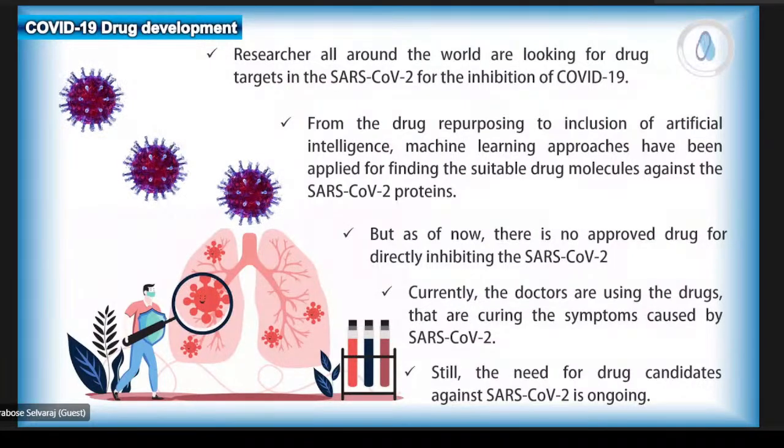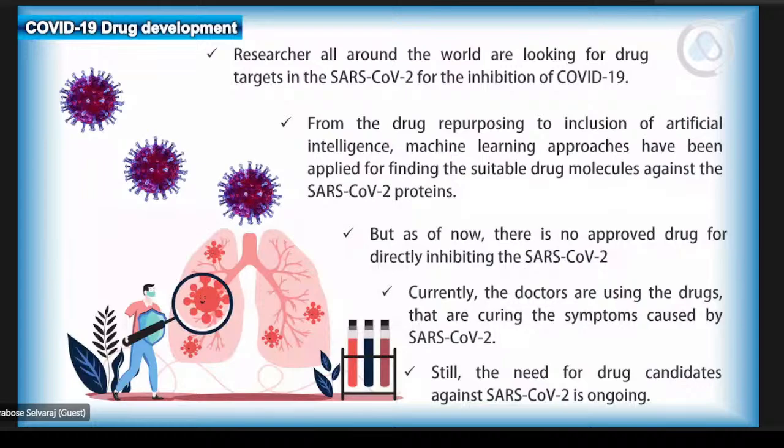Now we are thinking about COVID-19 drug development. People around the world, all the researchers from small research institutes to big research institutions, and funders, everybody has an eye on developing a drug which can inhibit SARS-CoV-2 so that we can have relief. Initially, because we don't know whether a drug will work in a single shot,